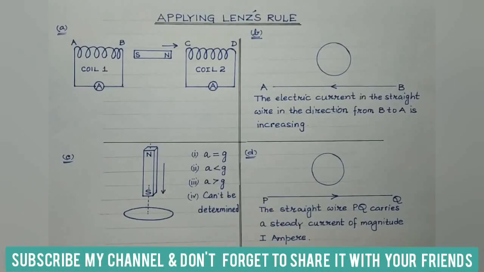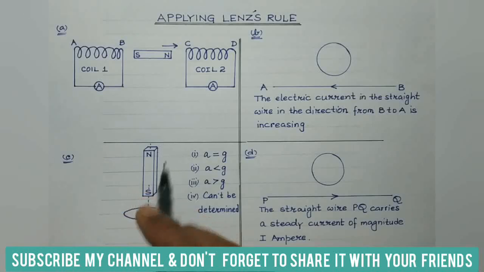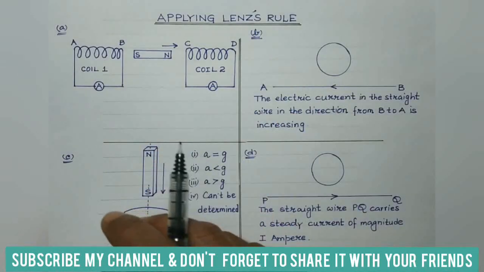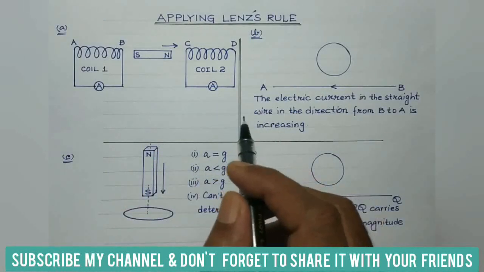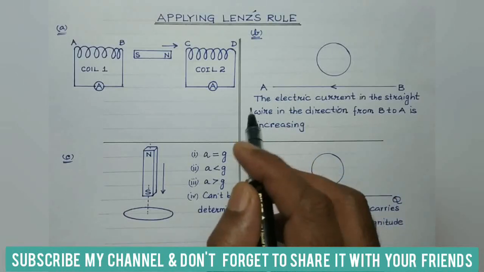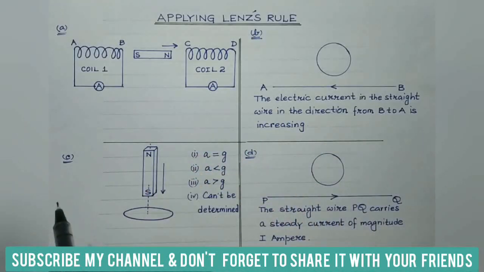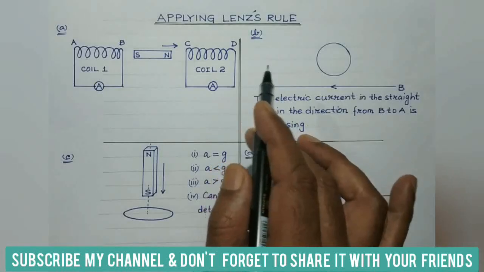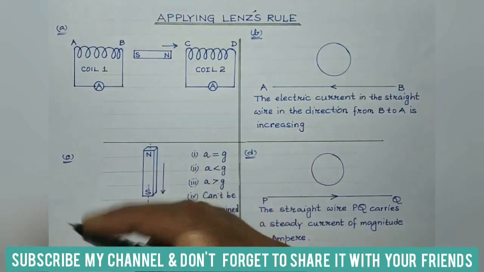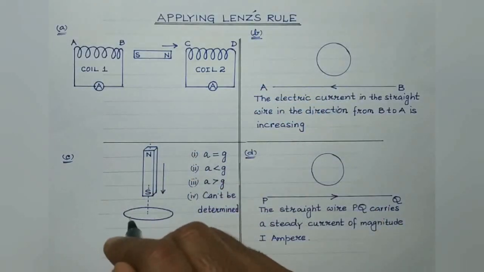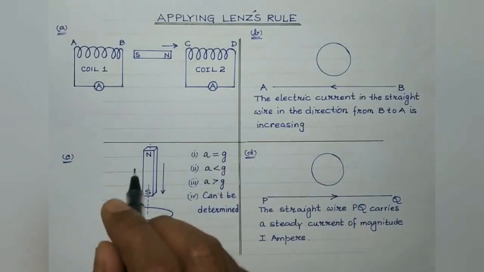Okay, now in this session we will discuss Lenz's rule and apply Lenz's rule in the following questions so as to find out the direction of the induced current. Now students, let's start with the Lenz rule, which we have discussed in the earlier episode as well. Lenz rule or Lenz law is used to give the direction of the induced current so produced during the phenomenon of electromagnetic induction. As per Lenz's law, the direction of the induced current is such that it always opposes the changes or the causes that produces it. So it's always of opposing nature.